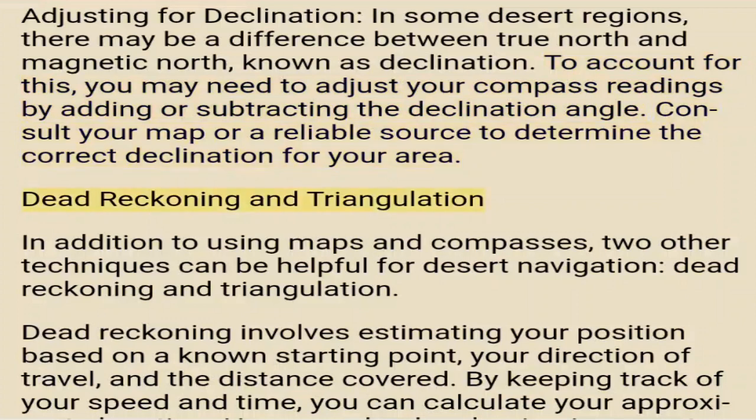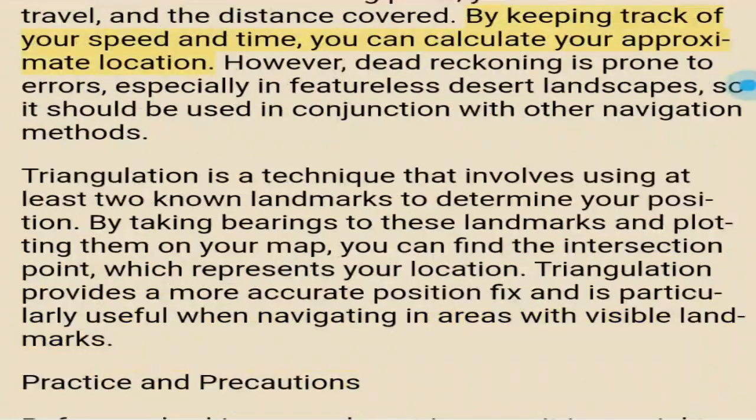Dead reckoning and triangulation. In addition to using maps and compasses, two other techniques can be helpful for desert navigation: dead reckoning and triangulation. Dead reckoning involves estimating your position based on a known starting point, your direction of travel, and the distance covered. By keeping track of your speed and time, you can calculate your approximate location. However, dead reckoning is prone to errors, especially in featureless desert landscapes, so it should be used in conjunction with